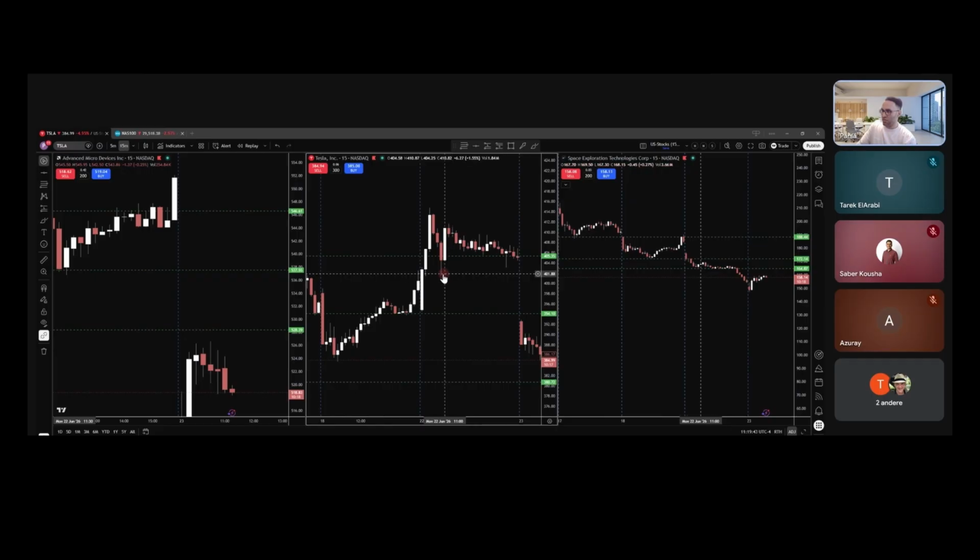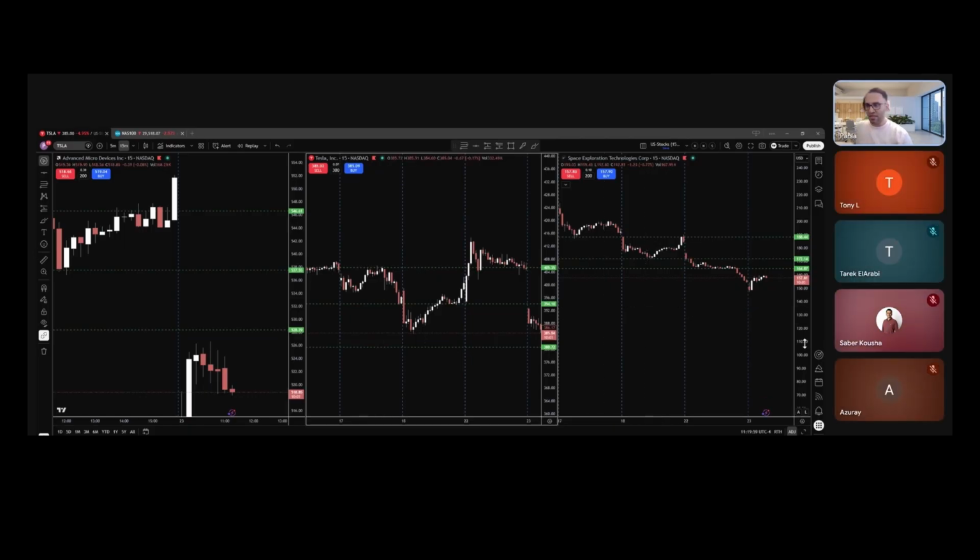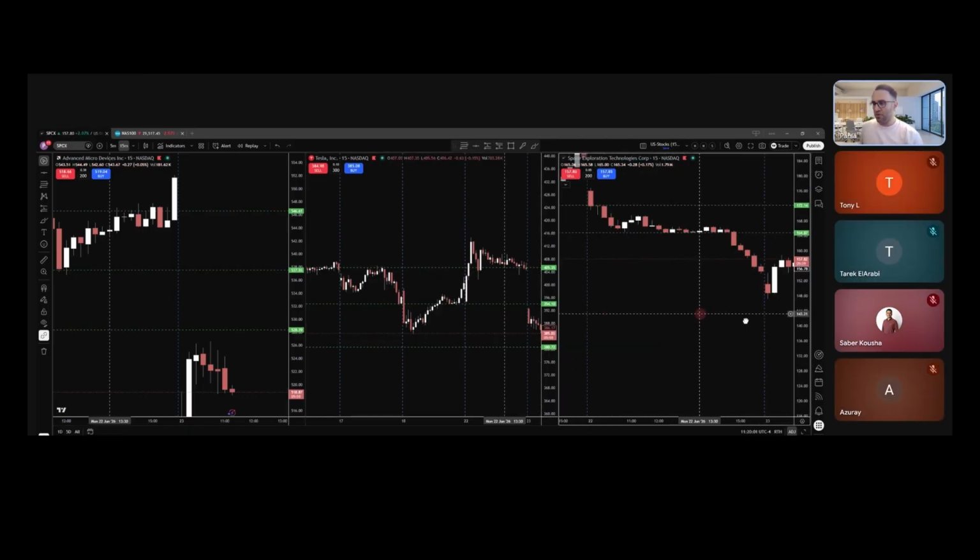So okay, I was hoping maybe something comes close here, but it would have been also a good idea to start here, because now I see that it got rejected here, actually that zone here got rejected. So that would have been actually a good idea to take a long position, but here it was nothing. And here, look here guys,